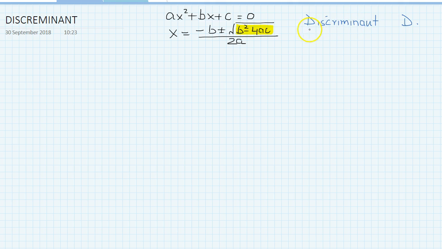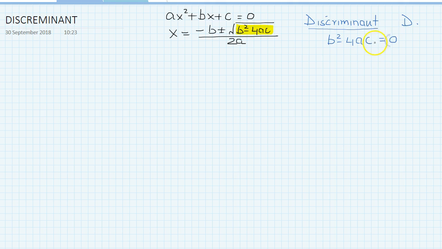Now, what is the use of this discriminant? It's very important, and why it is called discriminant is this portion discriminates the various solution types. By this discriminant, you can know what kind of roots a quadratic equation is having. For example, if b square minus 4ac